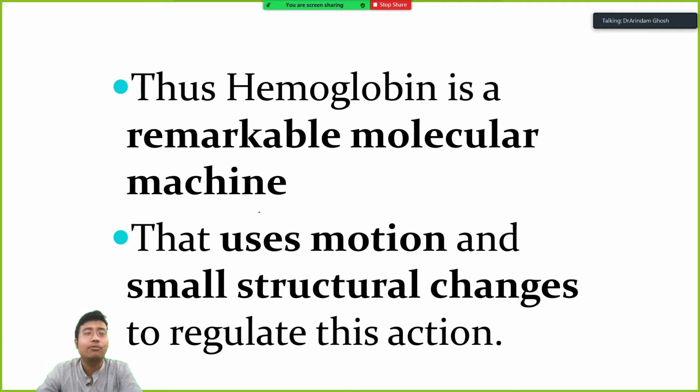So basically, if we look into hemoglobin, it is a remarkable machinery, but how does it work? It is not possible for all proteins. Yes, it's possible for those allosteric proteins that have a similar positive cooperative property. The basic principle will be the same for all allosteric proteins, but in your syllabus, as the NMC competency mentions, hemoglobin is a must. There are other things also.